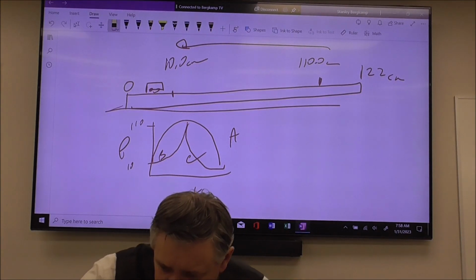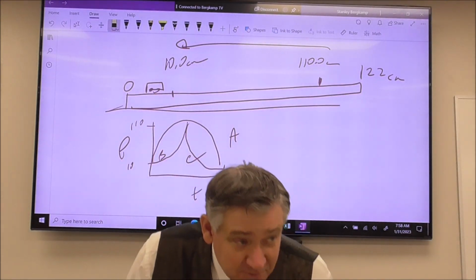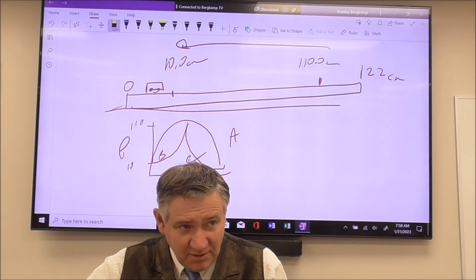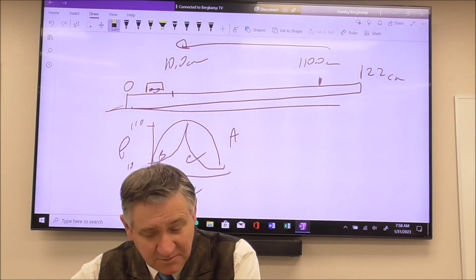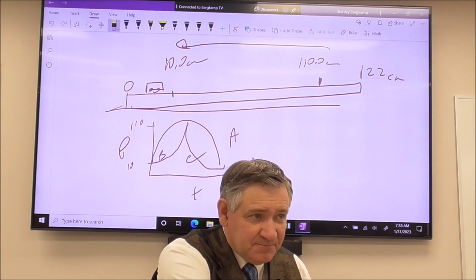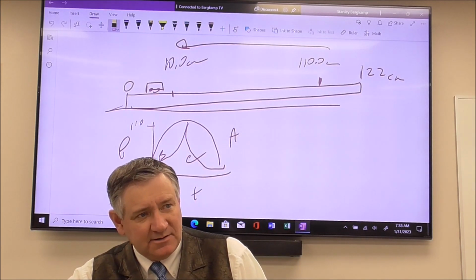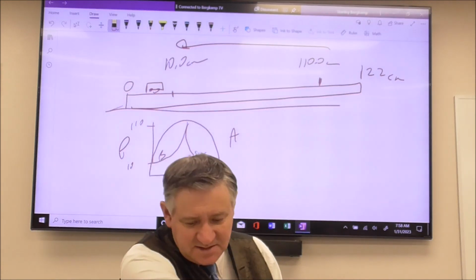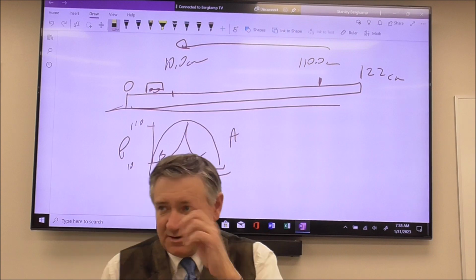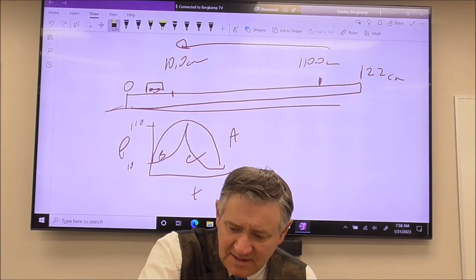Now, C would be coolest, okay? Because if C was right, you'd push it, and it would start off slow, because it's a shallow curve. And then it would speed up on the way up, then it would come back down, and it would slow down right before it got back down to here. So you'd start slow, fast, then slow down as it got to here, which would be cool to watch, okay? But you're not going to do that without rocket engines and brakes and things like that. So that leaves us with